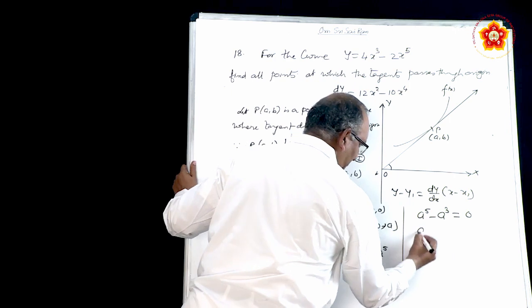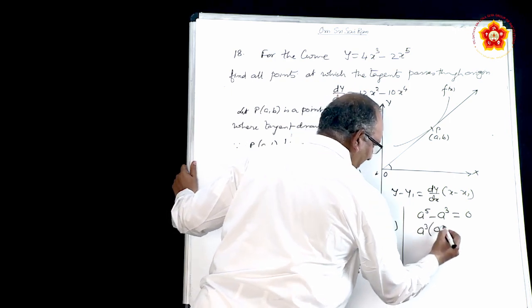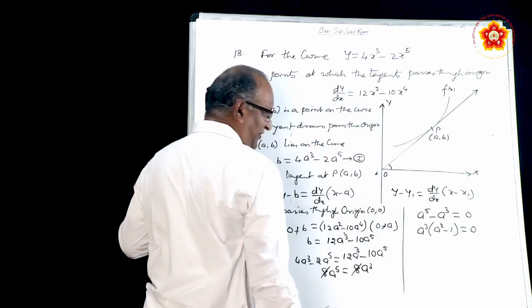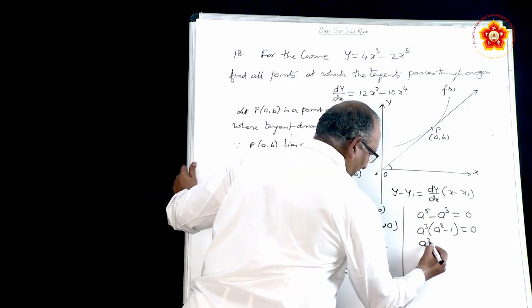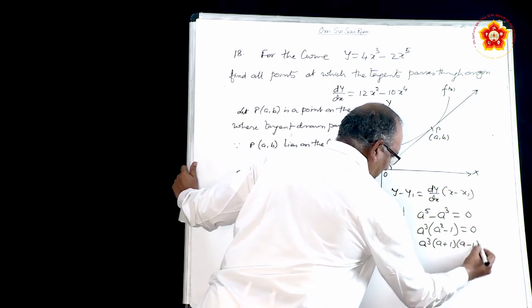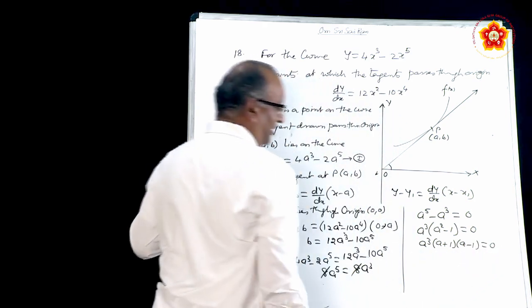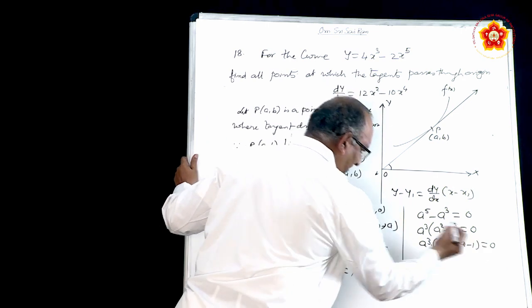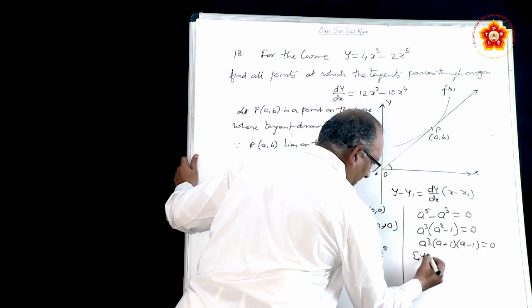In other terms, if you take a cube common, a square minus 1 equal to 0. So, if you simplify this equation, it can be written as a cube, (a plus 1), (a minus 1) equal to 0. You get 3 values because product of 3 terms is 0, either a equal to 0,